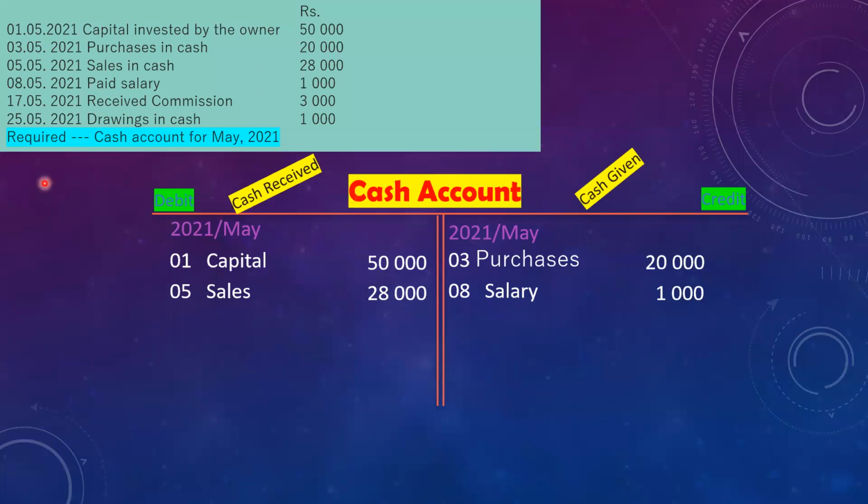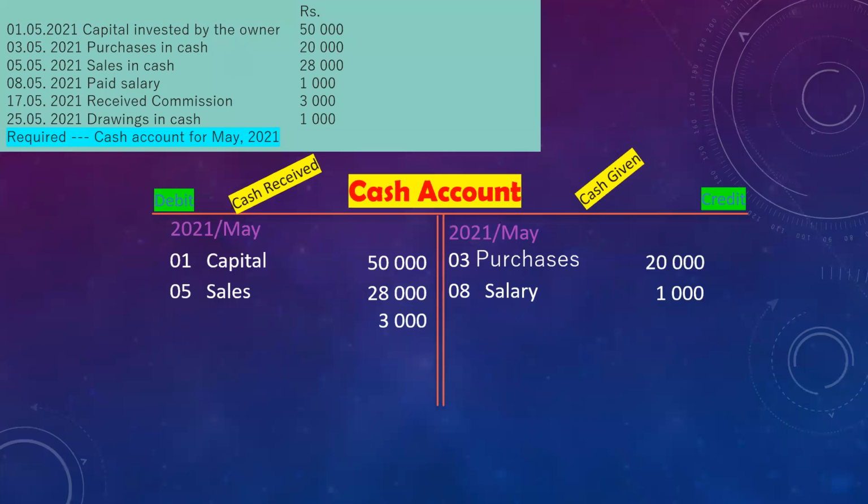So, received commission 3,000. We write in the debit side 3,000 rupees. Can you tell me what is the detail we write? One of you, I will ask. Ikhlas, tell me what is the detail you write here. Quick, make it fast. Ikhlas, no answer. Amna, Akila, Priscilla, tell me.